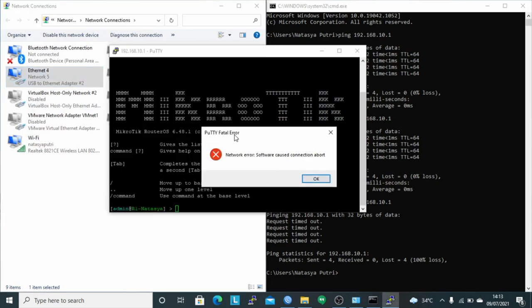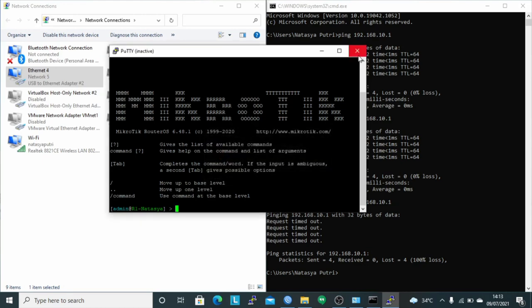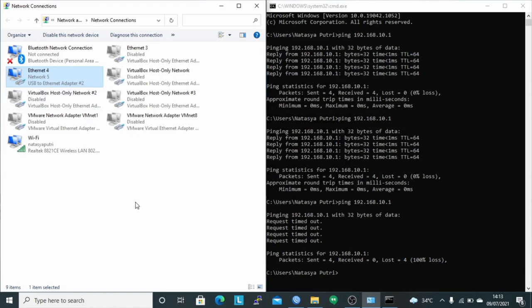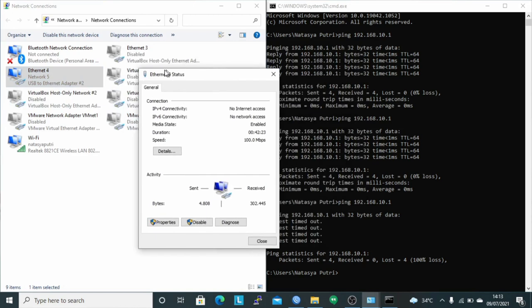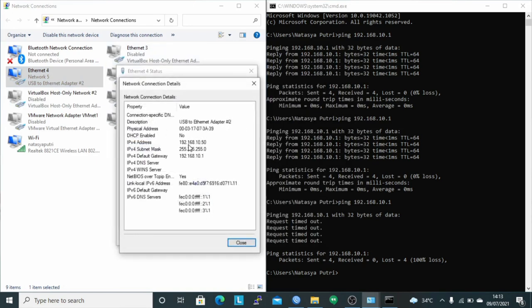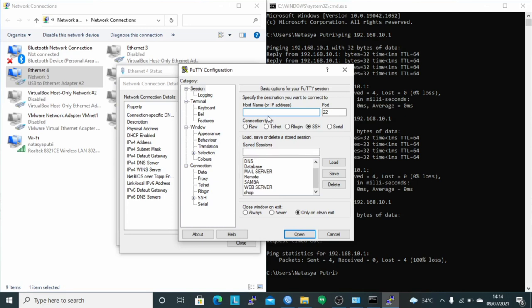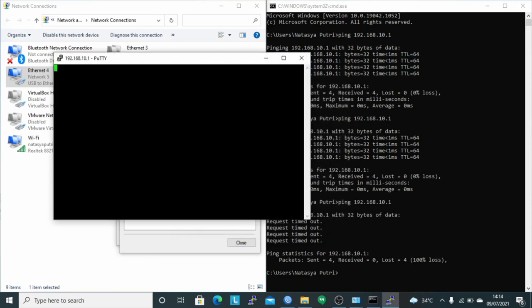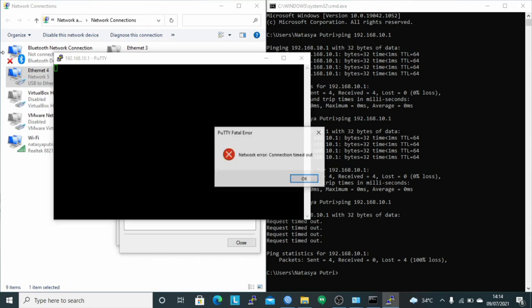We will notice a PuTTY fatal error, because I dropped the IP used by the client, namely 192.168.10.50. If I remote the router again using Telnet, you can see the result will be a timeout because the TCP packet from the client with IP 192.168.10.50 has been blocked.